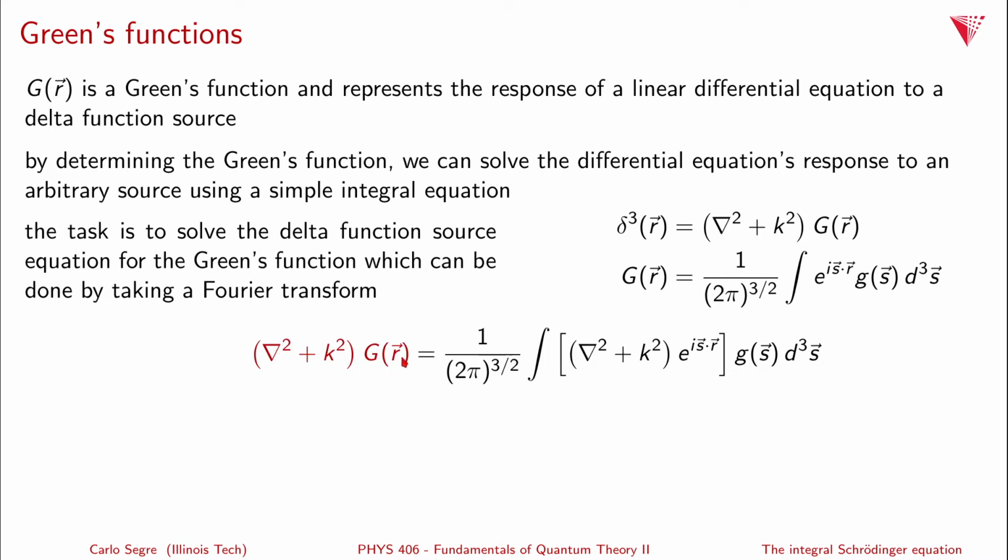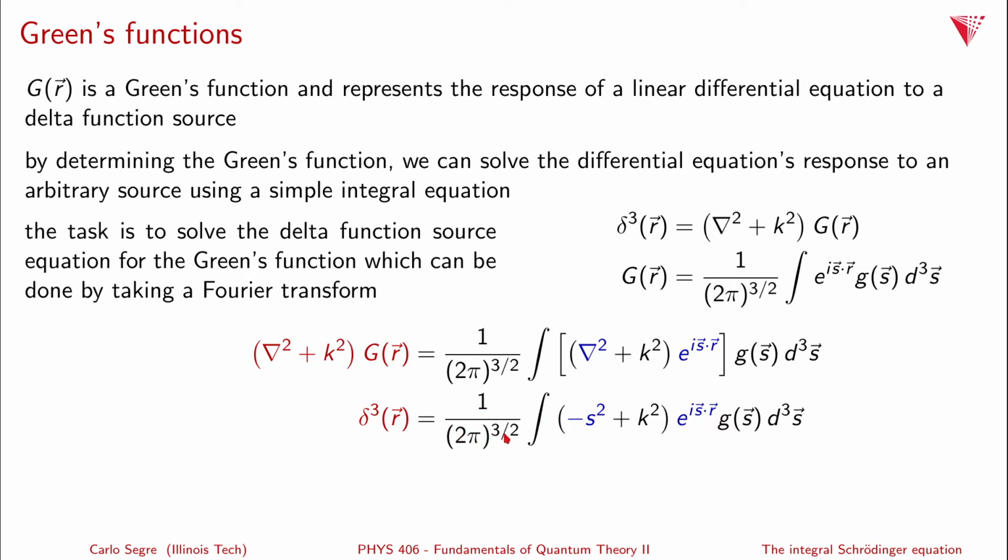Well, this term here is just equal to a delta function, because the delta function is the source. So the delta function is then equal to everything that's on this side. Now, if we take s del squared and apply it to e to the I s dot r, it doesn't apply to g because g depends only on s, but e to the I s dot r depends on r. We can rewrite this and apply that second derivative, and we get